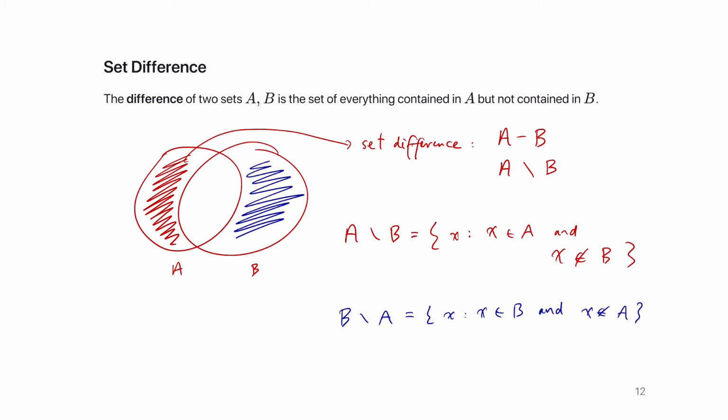Cool. And then, not that you'll necessarily have to do this, but another way to count the number of elements in the union of a set would be to add up the number of elements in A minus B, plus the number of elements in B minus A, plus the number of elements in the intersection. Because notice, there's no overlap between any of those quantities. Is that okay? Just something to think about.